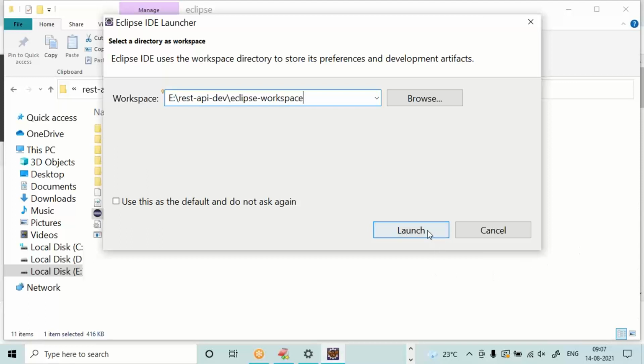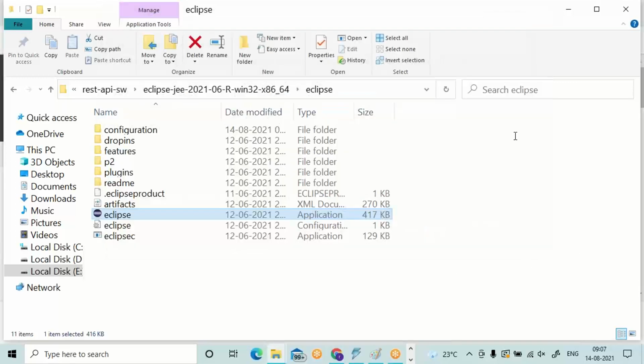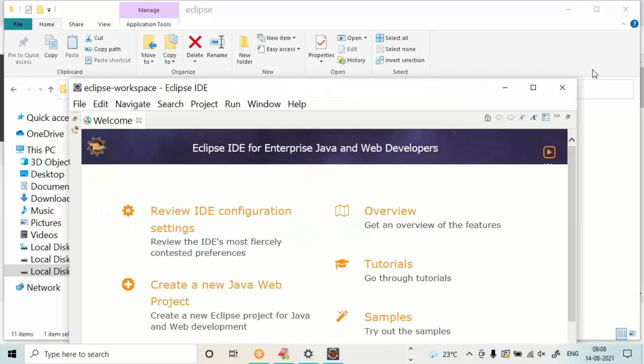Click on Launch. Eclipse is opened. The complete setup is done. Whatever software is required, all the softwares right from the scratch we have seen. Downloading, installation, if any configuration, everything is done.